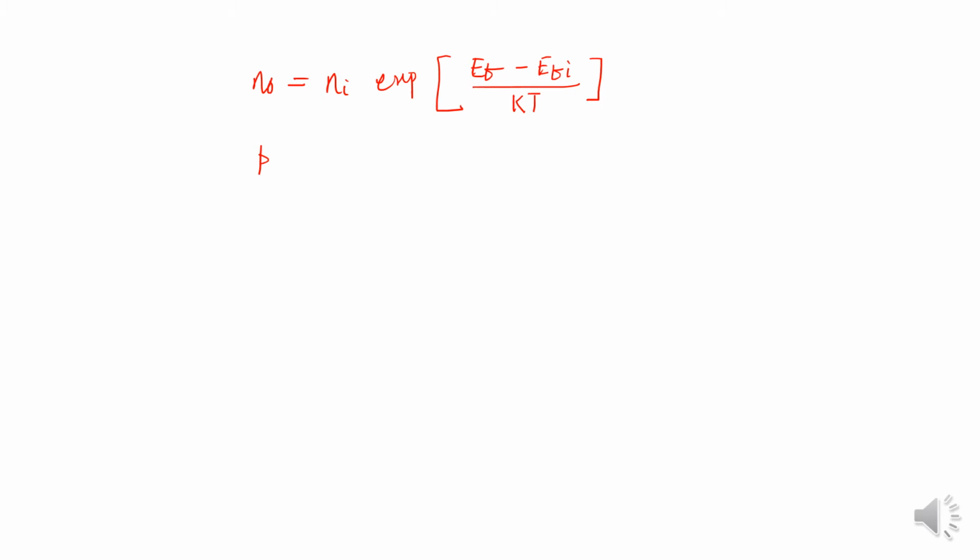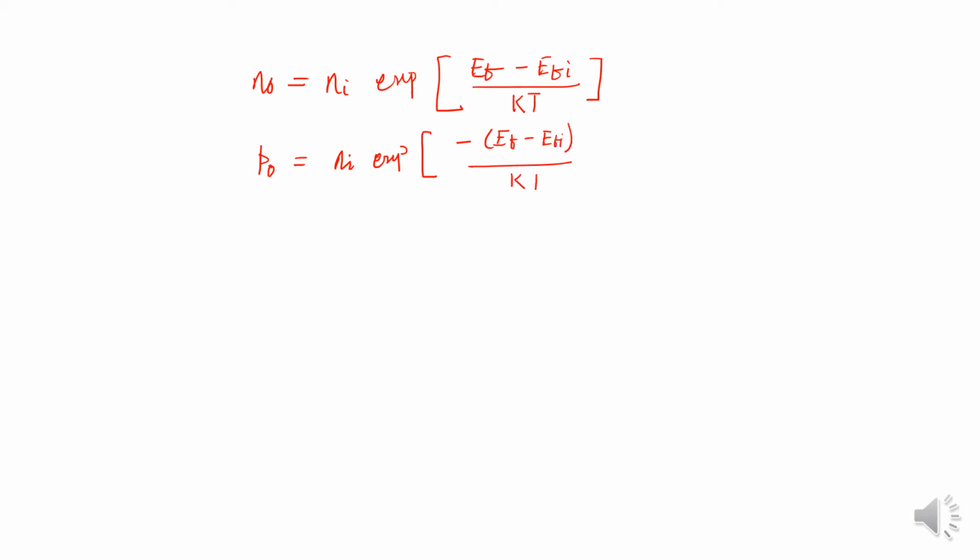And we got P0, the thermal equilibrium hole concentration in the extrinsic semiconductor, given by Ni exponential of minus EF minus EFI,